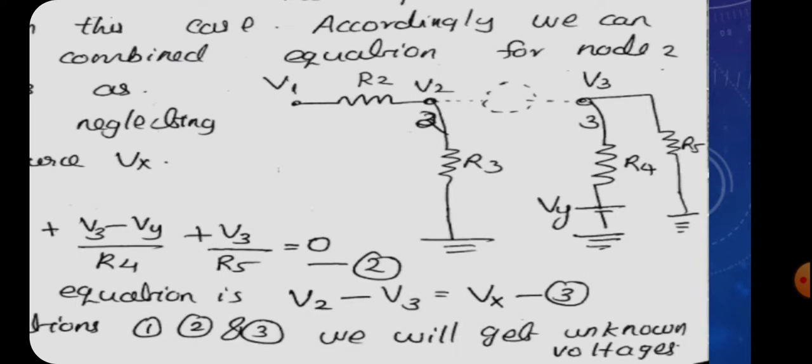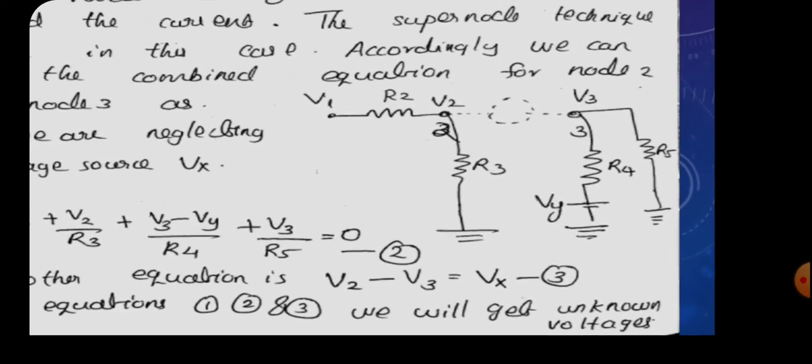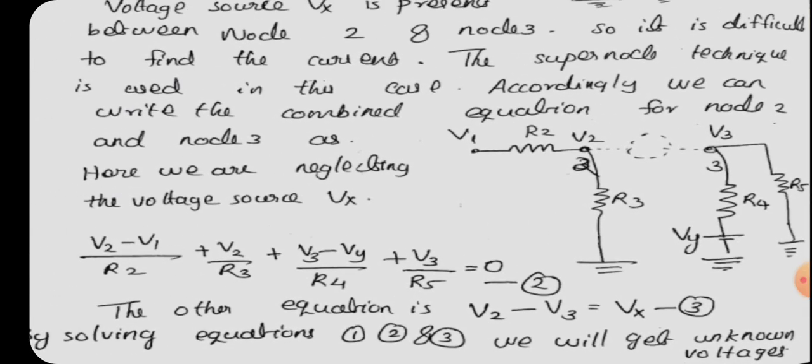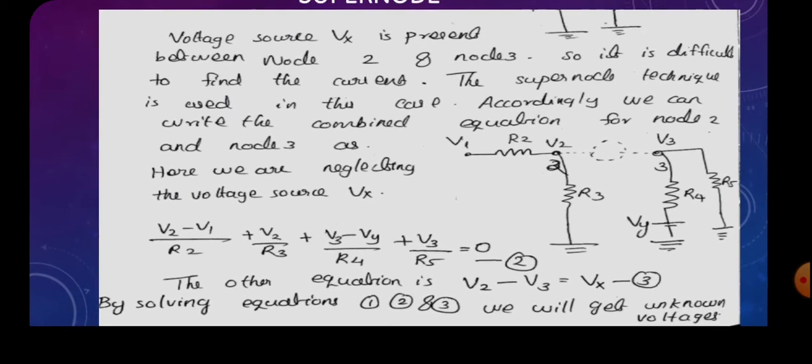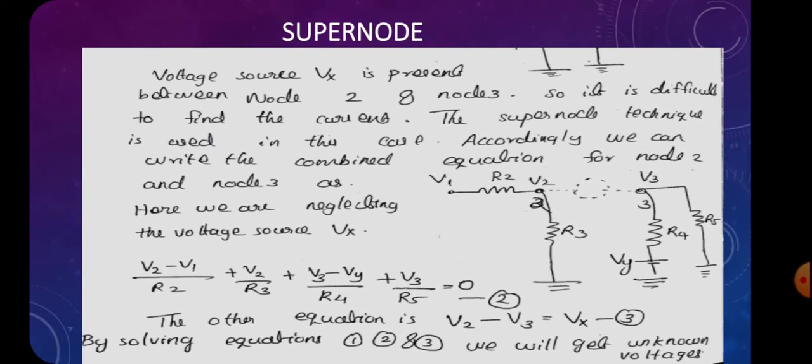This is all about that super node, and we can apply Kirchhoff's current law to this super node. So what will be the equation? Here it is written that voltage source Vx is present between node 2 and node 3, so it is difficult to find the current. The supernode technique is used in this case. Accordingly, we can write the combined equation for node 2 and node 3. And here we are neglecting the voltage source Vx, and we can write the node equations by using Kirchhoff's current